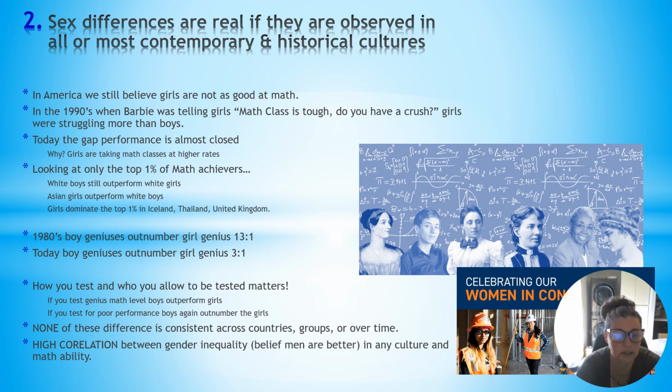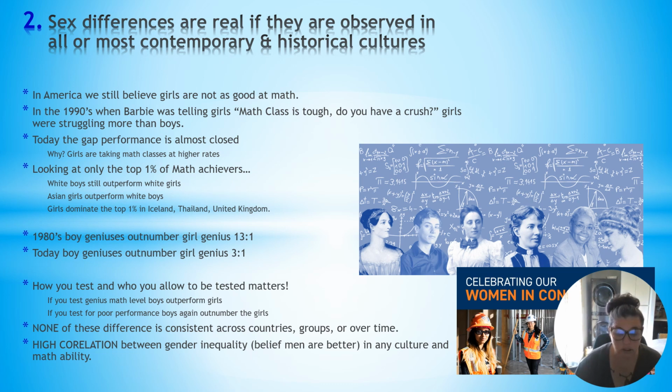If you test genius math levels, boys outperform girls. But if you test for poor performance, boys are still outperforming girls. What am I saying there? What does that mean? You see more boys at both ends of the spectrum. So you tend to see more genius boys, but you also tend to see more boys with intellectual disabilities as well. So they tend to have more variation, and it may potentially have something to do with the